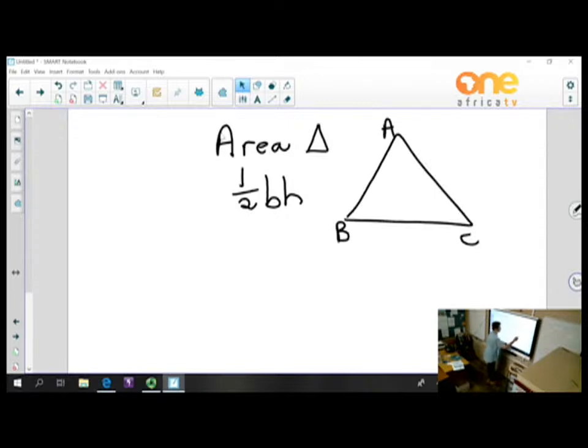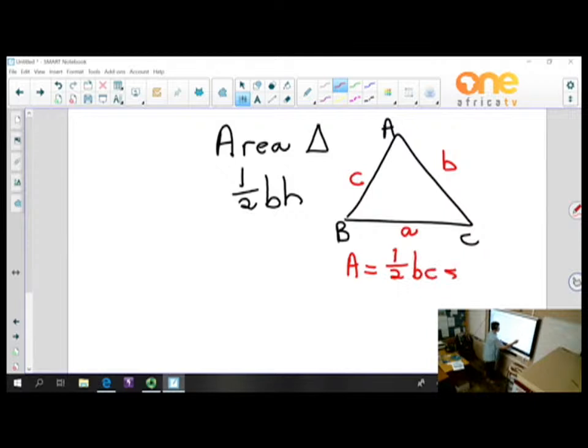Now, before we start with that, you first need to understand the following. We label the side opposite the angle with a small letter. So that is side A, this is side B, and this is side C. And the formula that we're going to use now for the area of any triangle is half BC sine A,